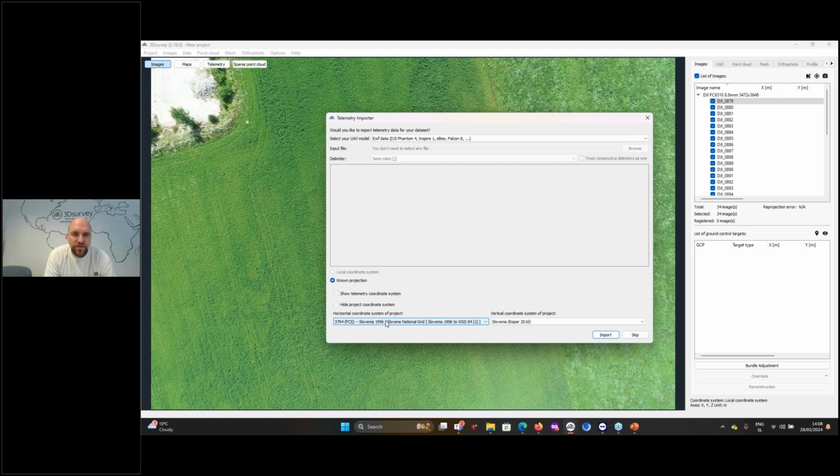I was looking into your coordinate system. Important is to select the correct one here. I don't remember exactly, but I think yours might be LKS 92, or maybe I mixed that up now. And here you have to select the correct geoid model. For you, that will be the Latvia LV14V4 geoid model. This is how we set everything up. I must change this one back actually, like that. And then we press import.